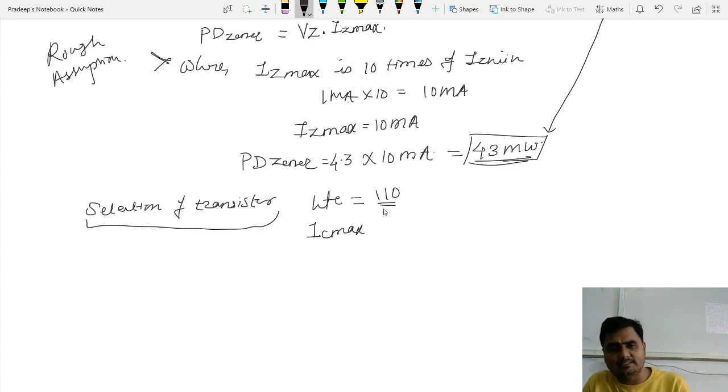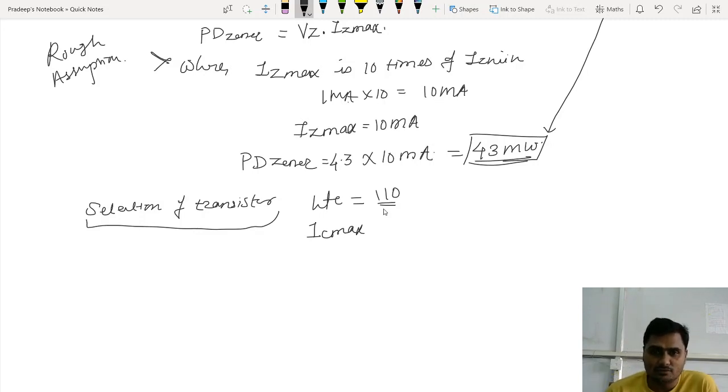You will come to know these things when we start with voltage amplifiers. What is HFE? What is HIE? What are H parameters? What is the hybrid model? You will come to know all those things when I start with your fourth chapter. But for the time being, just understand HFE is one parameter of a transistor which we have derived from the hybrid model, and we have taken help of the hybrid model to analyze this transistor shunt regulator. So HFE is given, it is 110, which is one of the important parameters to select the transistor.